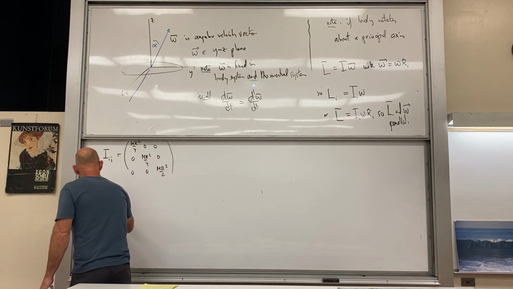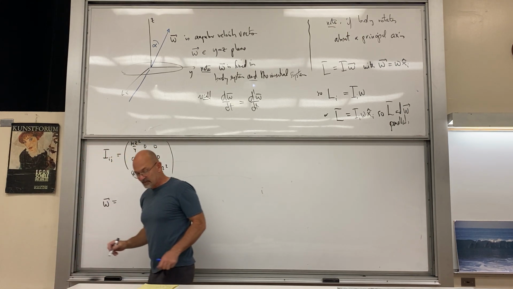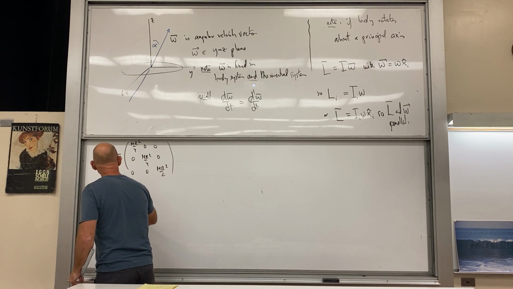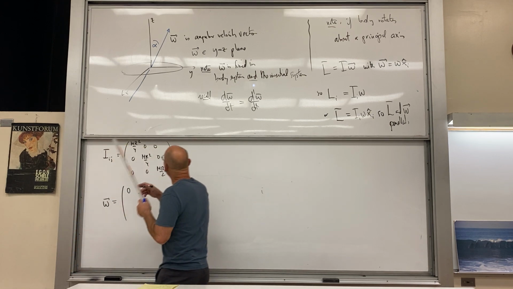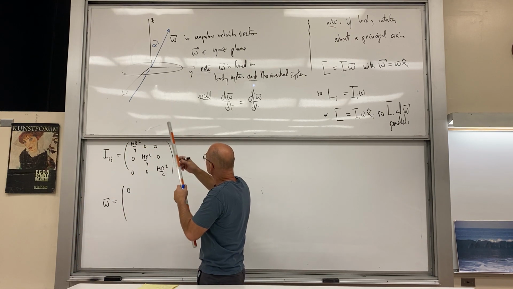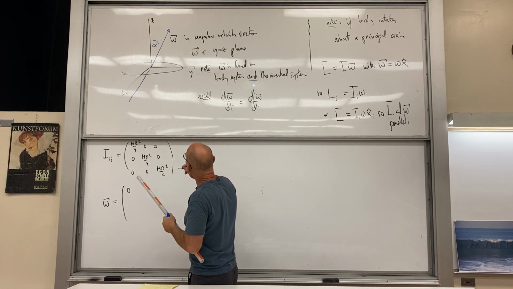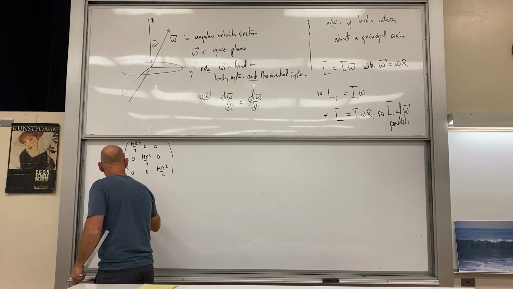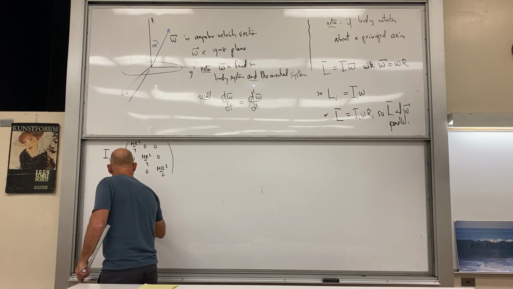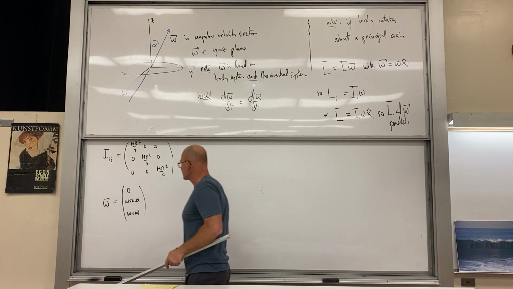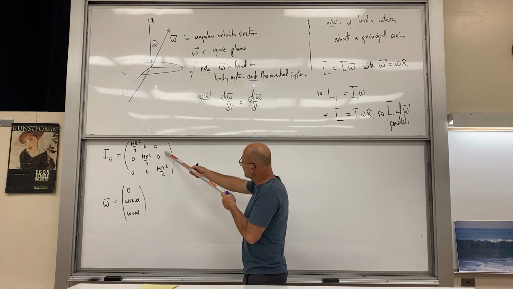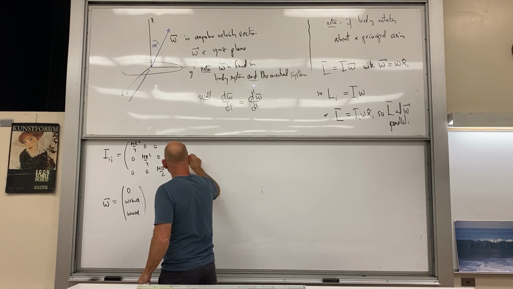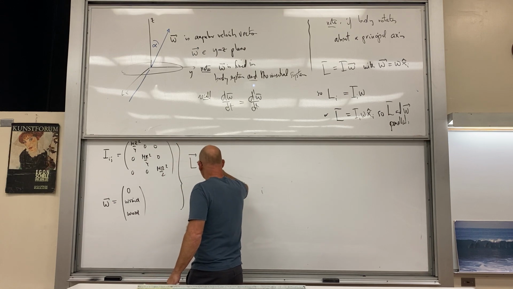And the omega vector is given right here. We see we have a 0 x component because we're in the yz plane. So we have omega sine alpha and omega cos alpha for that vector. And now if we multiply this matrix times that vector,